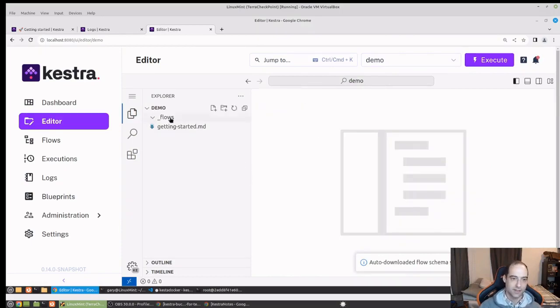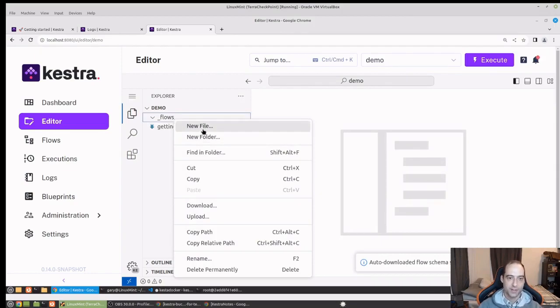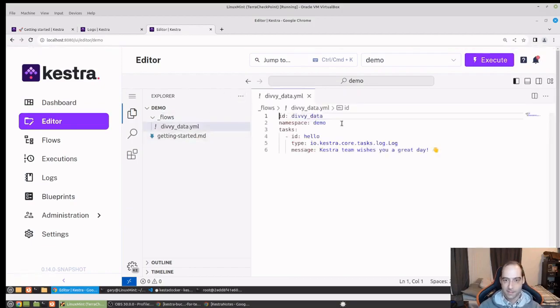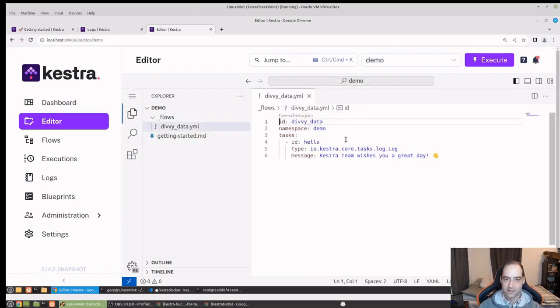And not sure what that was, but I'm going to create a new file and just call this divvydata.yml. And it's been quite helpful. It gives my flow the name, which is the same as the file, and then just gives me a little task here. So spoiler alert,